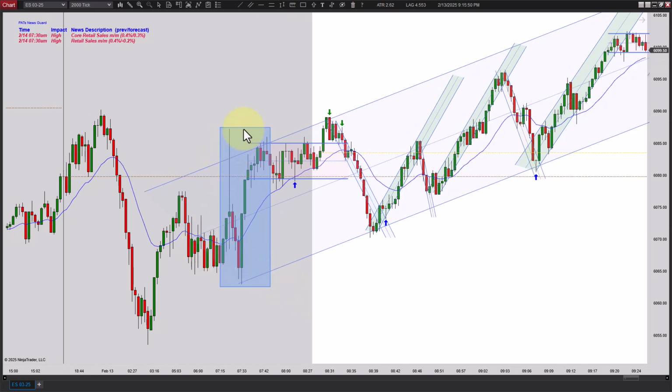We had the news at 7:30 this morning. It's not on here. It's already fallen off. And this is tomorrow. It's so late. We're already into the next trading day. But there was a news item here. I can't even remember what it was. But you had to be flat on it, and you can see the volatility, and then we kind of settled down and started working sideways.